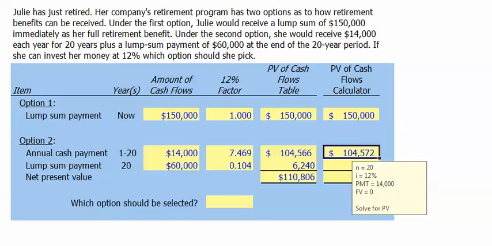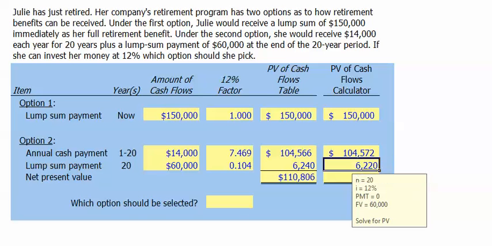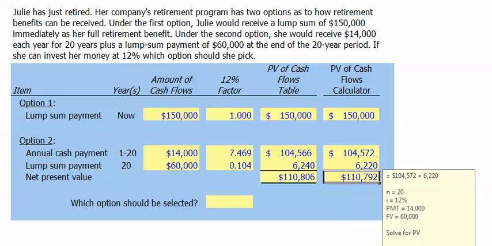The present value of the lump sum of $60,000 that we receive at the end of the 20-year period will be discounted back for n equals 20 periods, interest rate of 12%. We put 0 for the payment and $60,000 for our future value. When we solve for the present value, we get $6,220 for a total present value of $110,792. We can calculate this by adding together the present value of the annual annuities and the lump sum, or